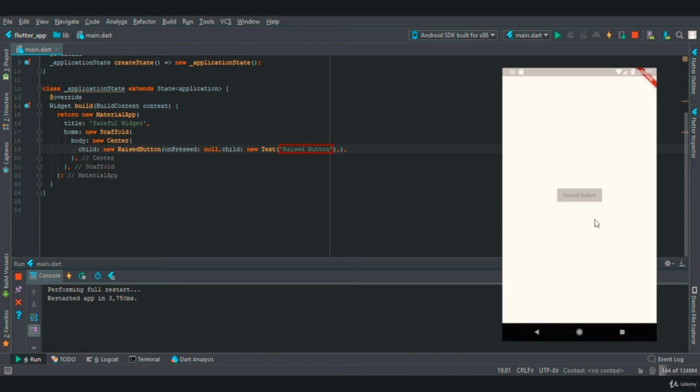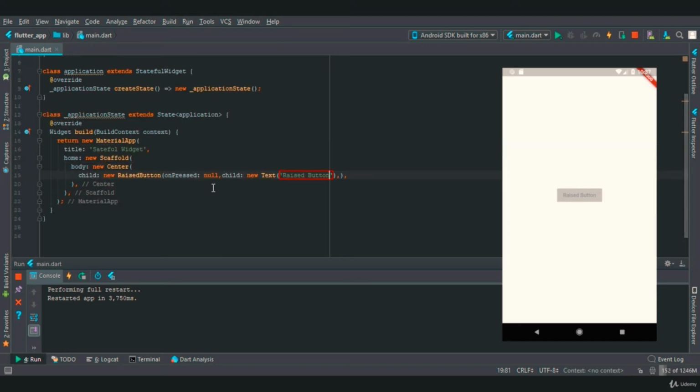Now as you can see, we have successfully created a raised button, but it is disabled right now because onPressed is null. The two operations that we are going to perform in stateful are initState and setState. And the operation that we are going to perform on the raised button is that when we press on the button, we want the title of the button to change.